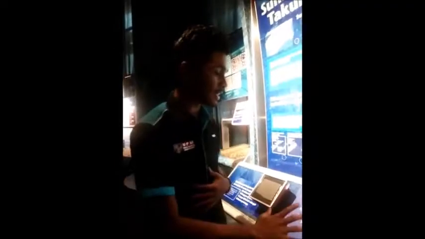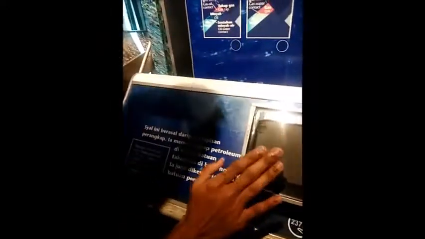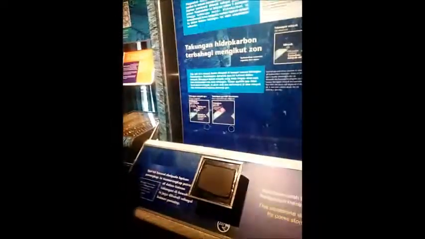As you can see here, this is the sandstone. The sandstone is permeable to the oil, so the oil will travel, as I mentioned just now, until the trap. At the trap, the oil accumulates because of the non-permeability of the shale. Shale acts as a seal rock. So it forms a trap over there, which causes the accumulation of petroleum, and that is why we can extract the petroleum from that place.